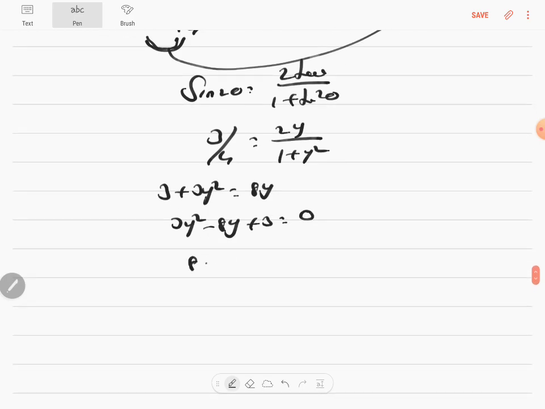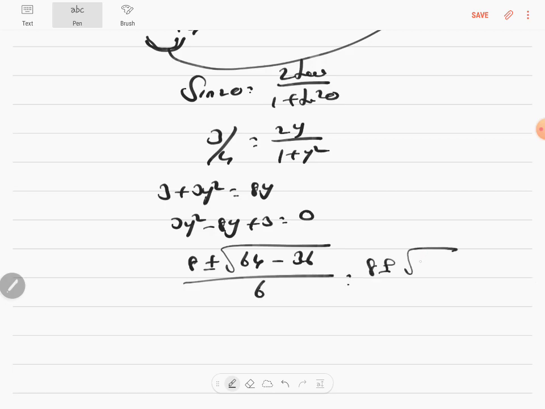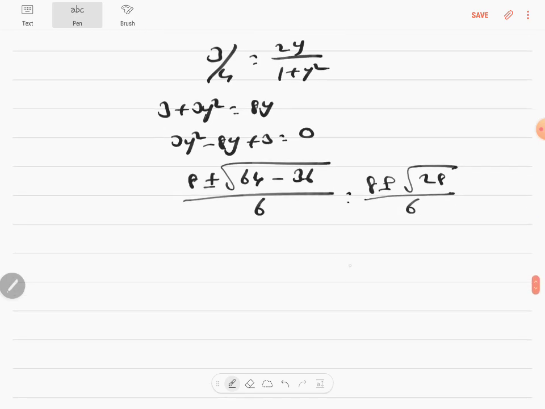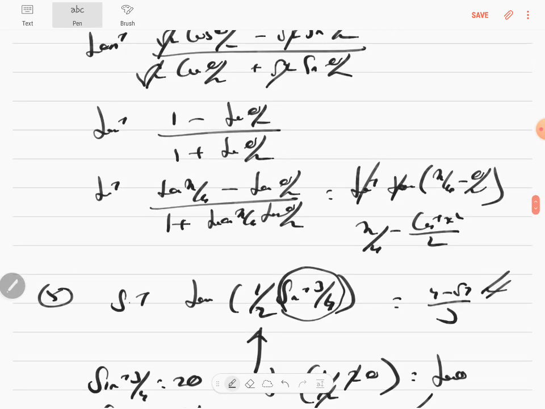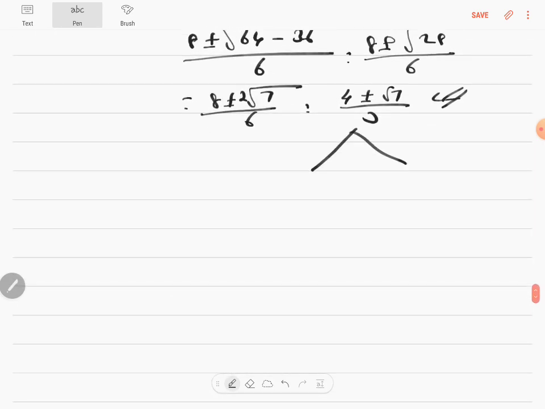Minus b plus or minus root of b square minus 4ac: 4 threes are 12, 12 threes are 36, by 2a. It's 8 plus or minus root of 28 by 6. It's 8 plus or minus 7 fours are 28. So 2 root 7 by 6, cancelling throughout with the 2, is 4 plus or minus root 7 by 3. And that's one of the answers that you need to prove, 4 minus root 7 by 3. You will have two different answers, 4 minus root 7 by 3 or 4 plus root 7 by 3, but this is